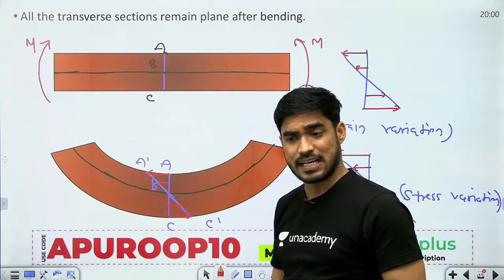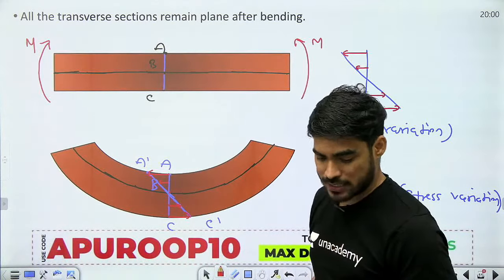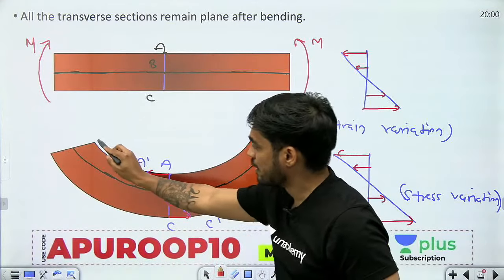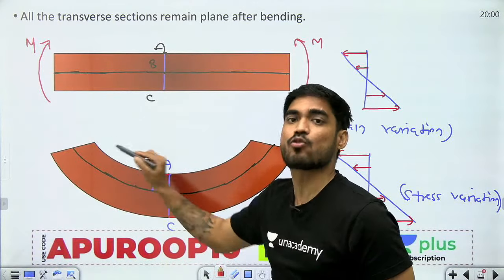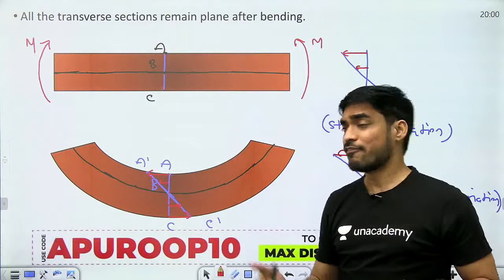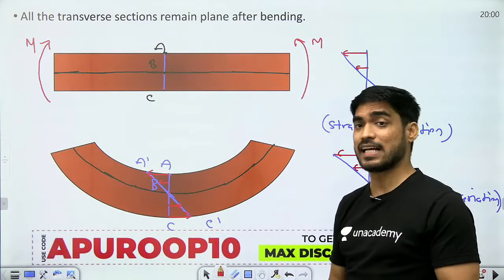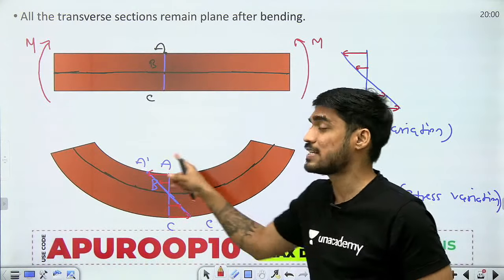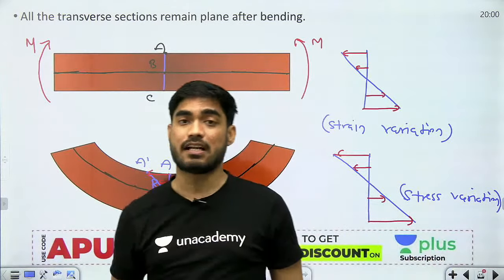बेंडिंग की इक्वेशन डिराइव करने के लिए ये भी एक इंपॉर्टेंट assumption है कि जब बीम बेंड होता है तो ये जो कर्व बनता है, this is a circular arc. Practically we do not get a circular arc. Practically what will be the equation of this curve, that I will explain in deflection of beams.